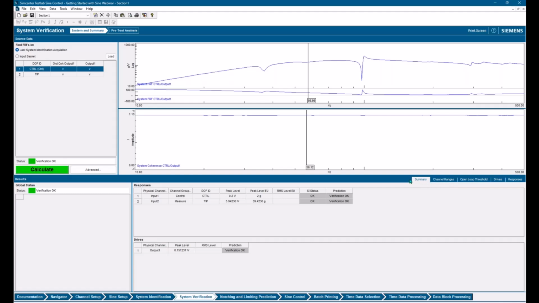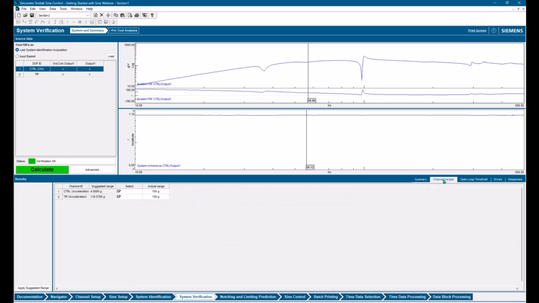Down here, I can get some other information like what my ranging is set to, and I might have a suggested range that I want to reset to. I'm just going to leave these alone. Then I have my open loop threshold. Sometimes these values are too high.